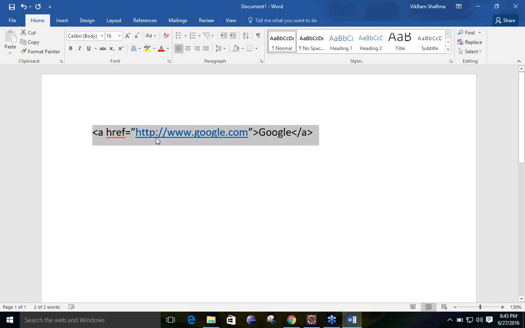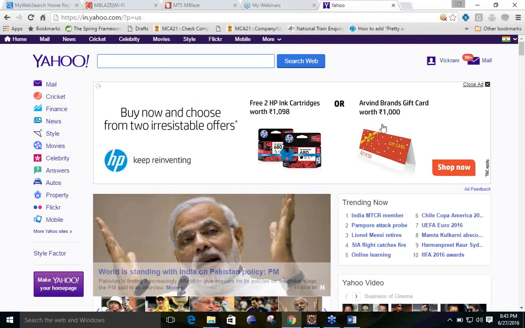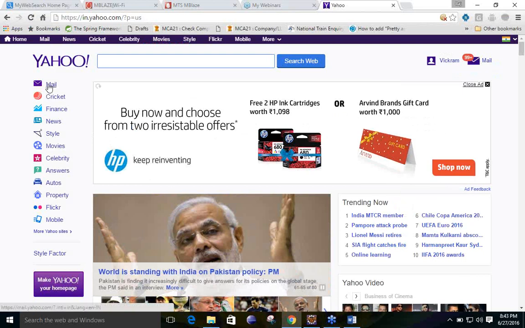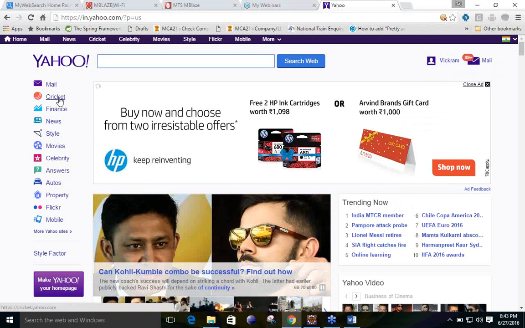Any link you can give here will be referenced by this tag A, and this name will be reflected. Suppose we are on the Google page; if you click on this mail, or the cricket, at the bottom you can find some tags. You can see http.cricket.yahoo.com.